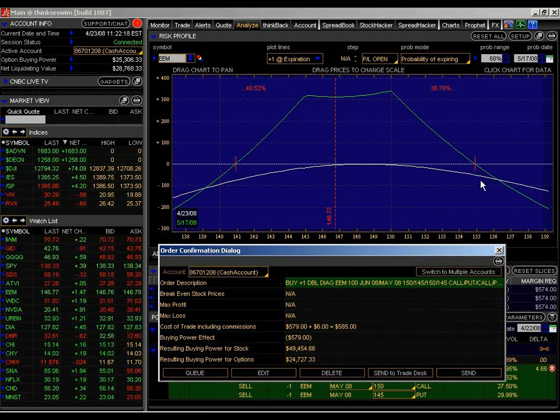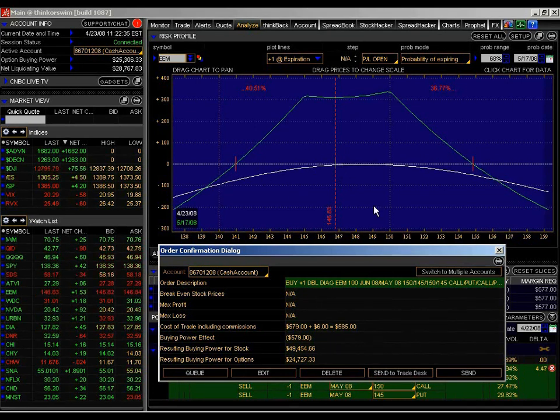That's a 14-point spread between your high and low, and your current price is pretty close to the center. That's probably as close as we're going to get it. And so you've got a fairly wide margin of error here if the market goes up or if the market goes down. Like I said, though, it's very rare,